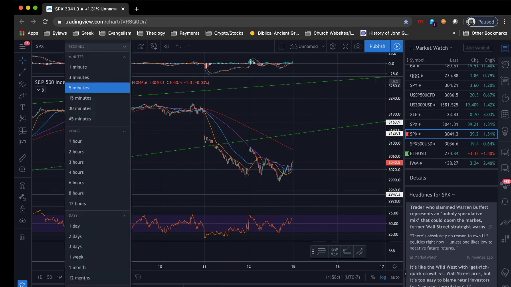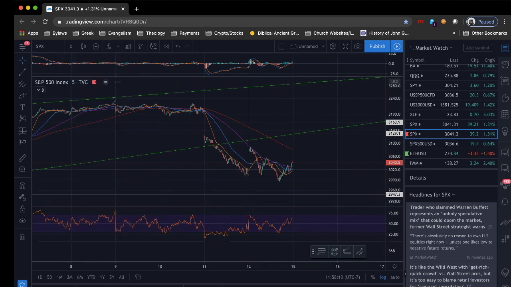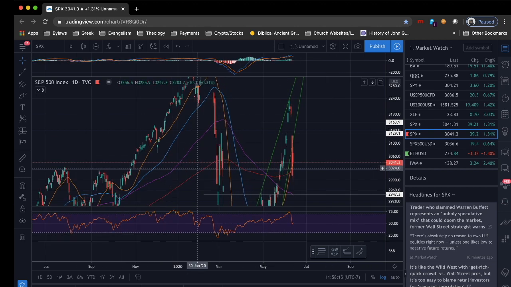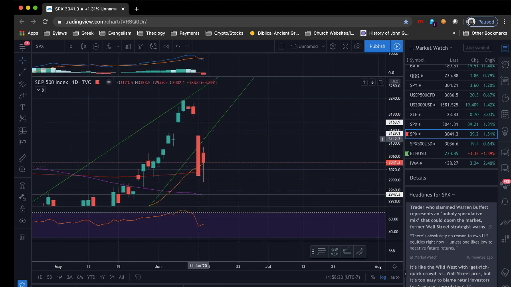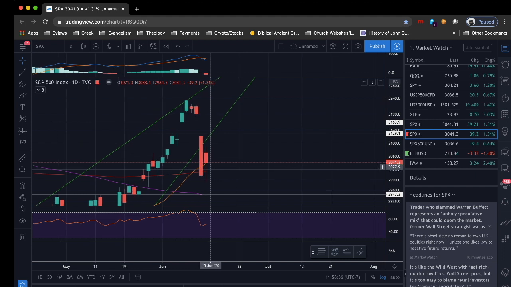So going back to the 1 day, let's go back and look at the 1 day. So we had this wedge pattern. It broke out of that wedge pattern, and then we created this following. Now, for everybody that knows me, you know that one of the things I'm pretty big on is what the candle is telling us.